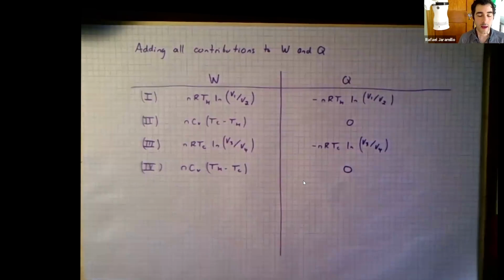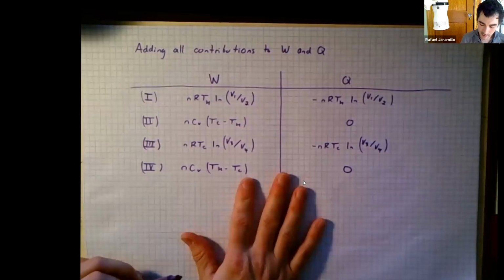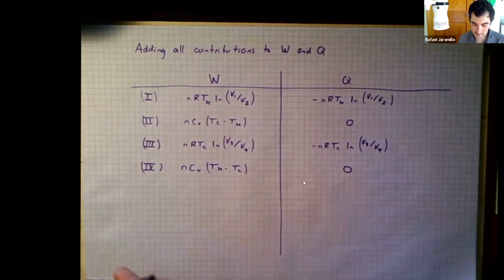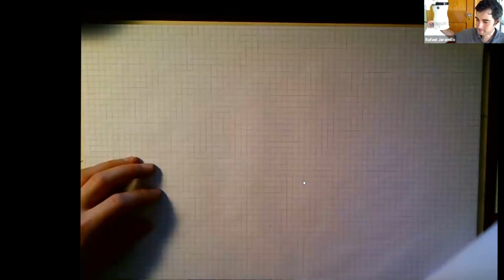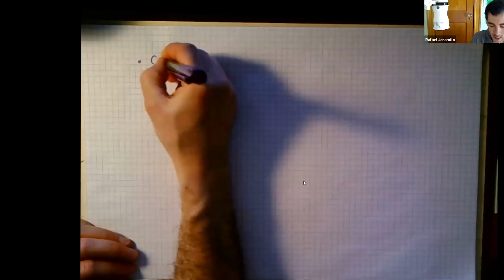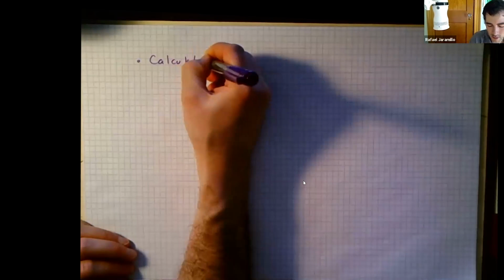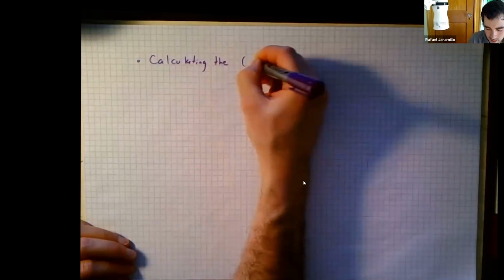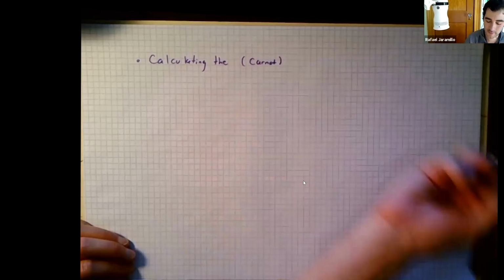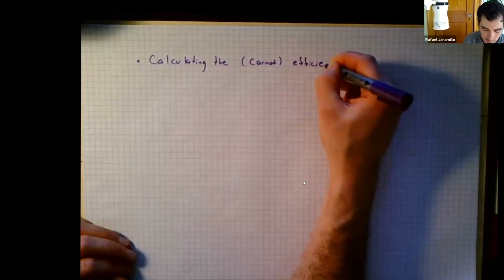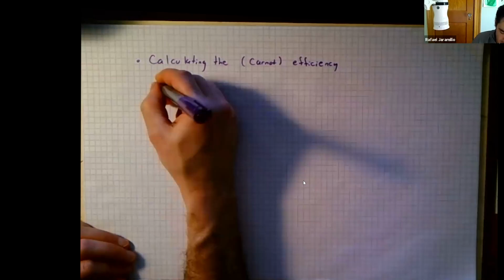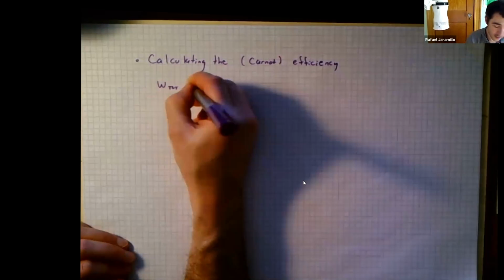And then using this table, we're going to calculate the Carnot efficiency. I'll throw that scrap of paper on the floor and put it up here. Let's calculate the efficiency. I'll put this in parentheses because we're really just calculating the efficiency. It happens to be for a Carnot cycle. Calculating the Carnot efficiency. Work total, the total amount of work the thing does is